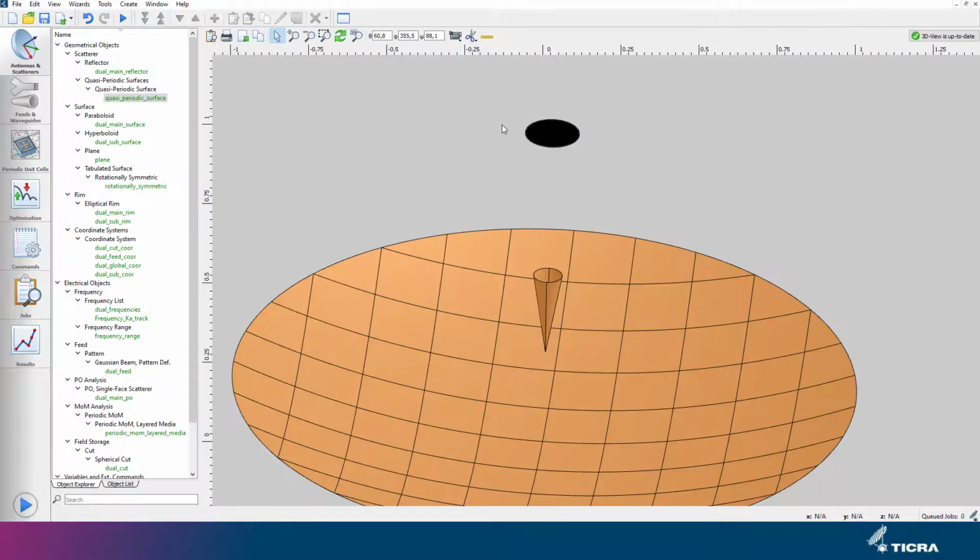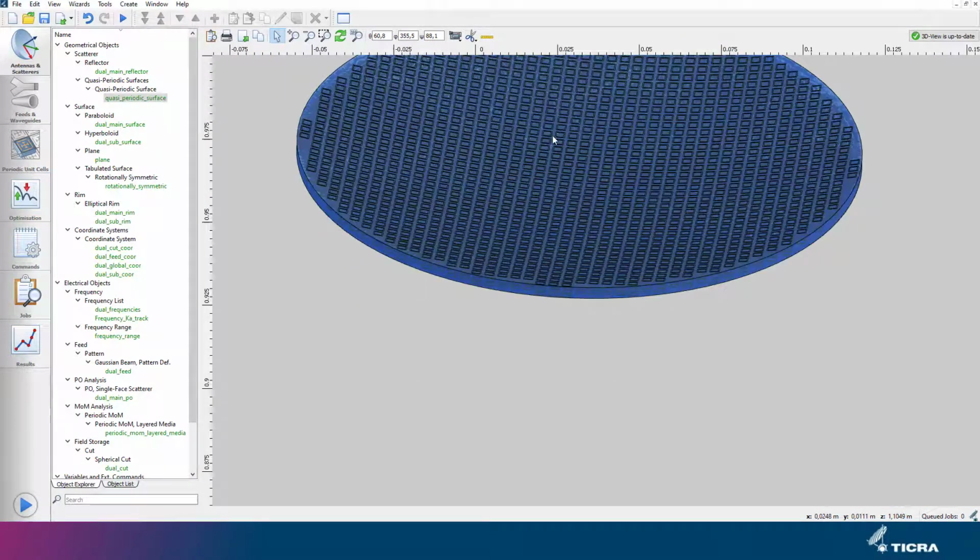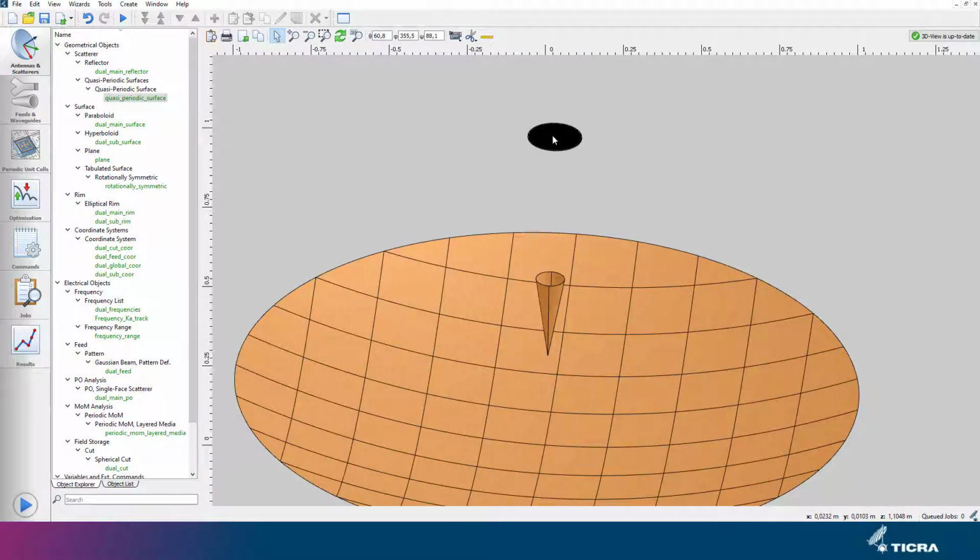For the dual reflector systems, the subreflector surface is sometimes not perfect, and this can reduce the performance of the antenna system. The idea is that we want to use an aperiodic FSS to compensate for this. And to this end, we have defined a dual reflector system where the subreflector surface is not ideal and the FSS element is deployed periodically over the surface.